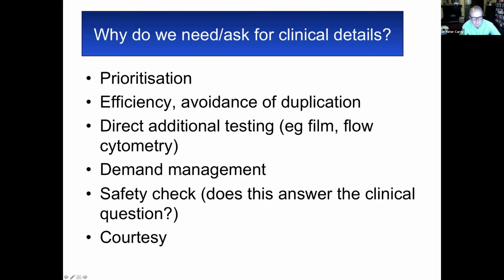We don't need to demand manage full blood counts, but the full blood count is a part of the general examination of any patient. But we do need to demand manage films. We're not going to make a film on everybody with a normal blood count, but we might well want to make a film of somebody with a normal blood count who's got splenomegaly, for example. It enables us to check that we have done the right test, and it's just courteous to give clinical details